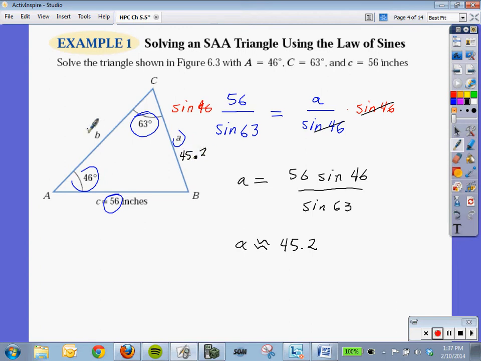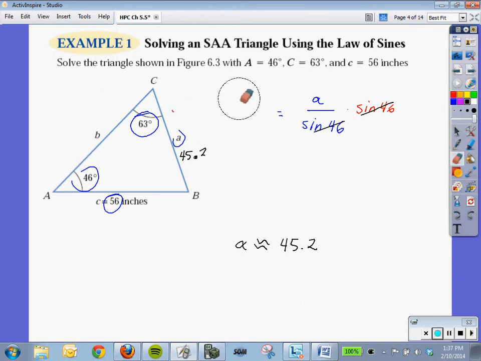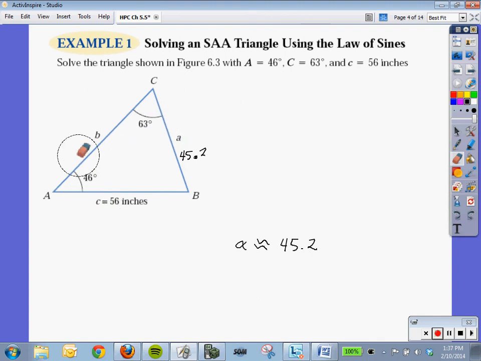I need to find out little b as well. How do I find out little b? We need to figure out what big B is equal to, right? And that's pretty easy to do. We know that when we add up the angles in a triangle, they should add up to 180. And so 46 plus 63 taken away from 180 will give us angle B. So angle B is 71. So from here, we're going to come up with little b. And we can say that little b over the sine of 71